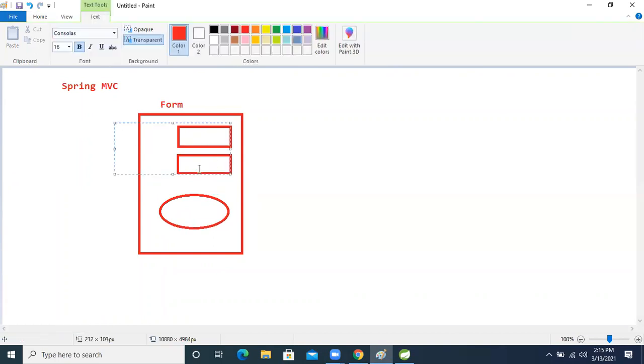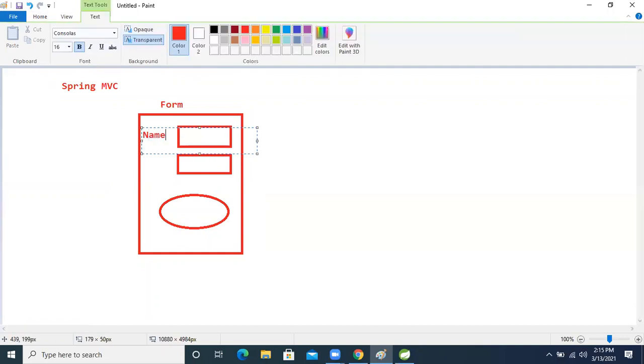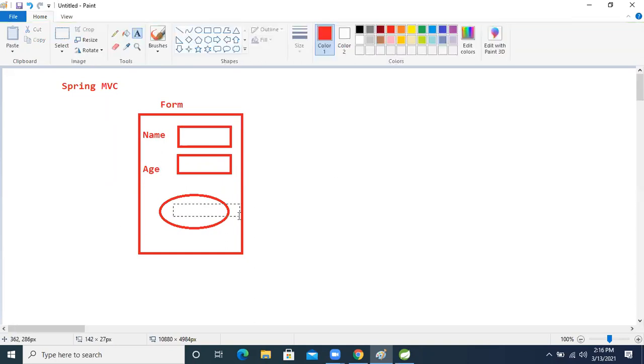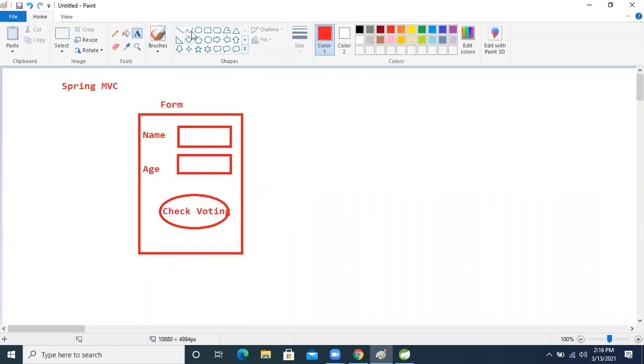This is the name, and this is the age, okay? After that, here is the check voting button, right? When the end user clicks this button, in the server